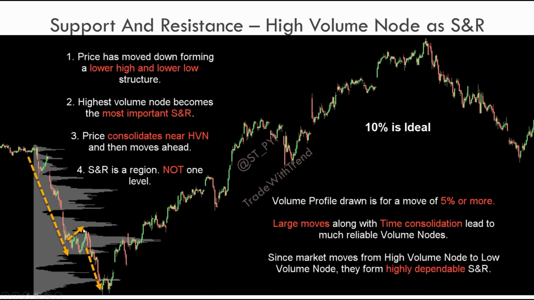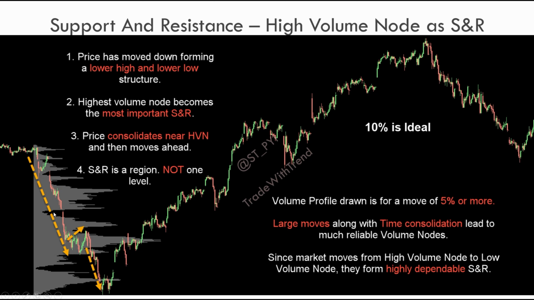Whenever you see two very big, or let's say clearly marked out high volume node regions, wait for the price to move above those, because during that phase, price will do absolutely nothing. It will just rotate in a flat sort of range. So that is how the concept of trend development and range rotation happens, because price rotates in a horizontal range, and when the price breaks out, it is actually moving out of a high volume node region and gravitating towards a low volume node.